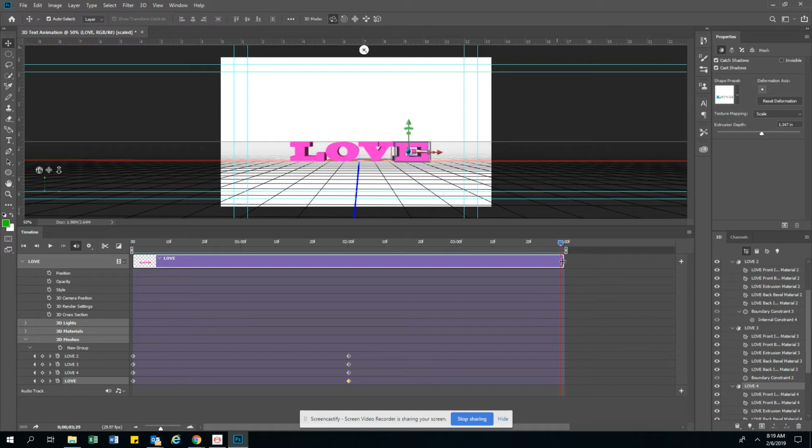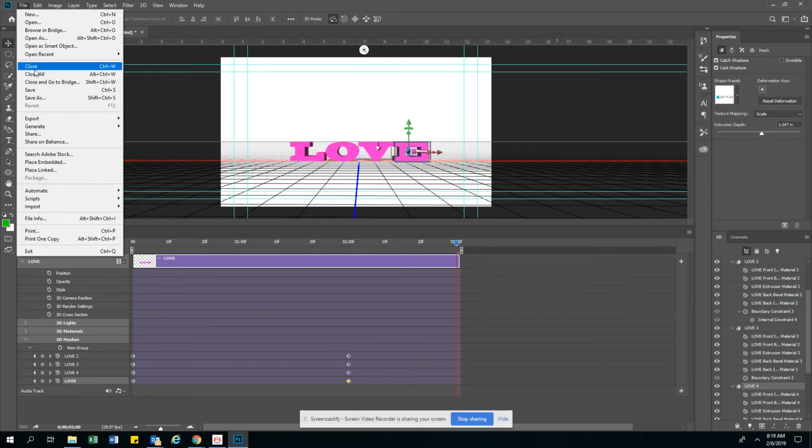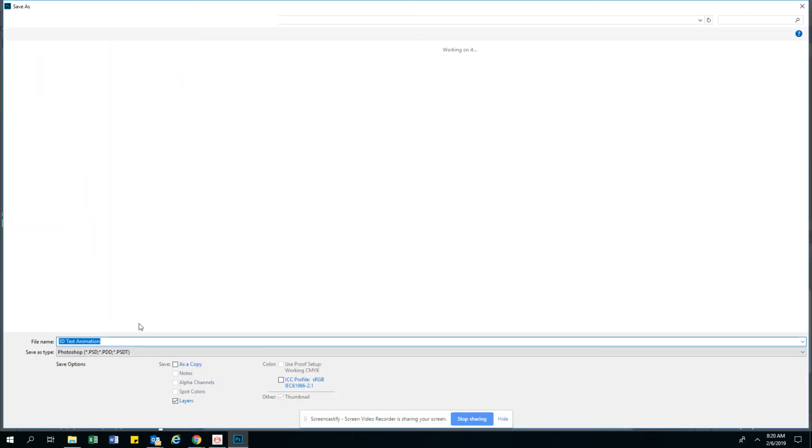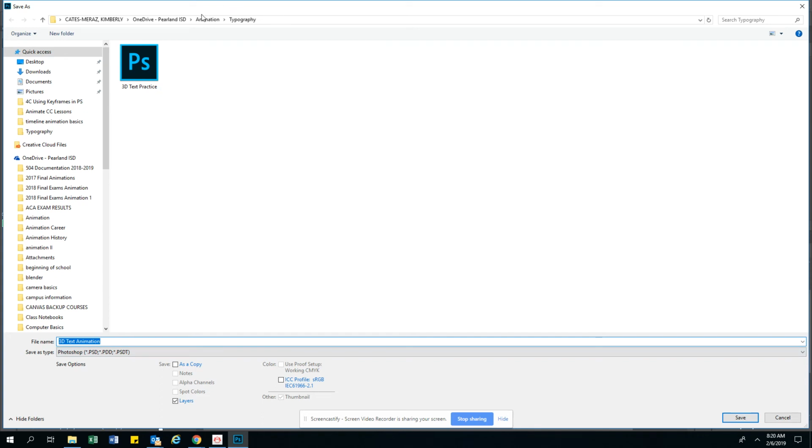I can also shorten this up a little bit. Let's shorten that to about 3 seconds. The shorter we make it, the smaller our file will be when we're done. I'm going to go to File, Save. I'm going to save it as 3D text animation. And make sure you